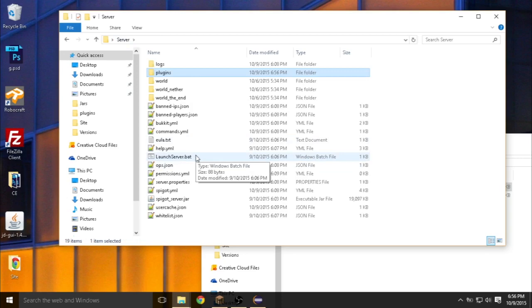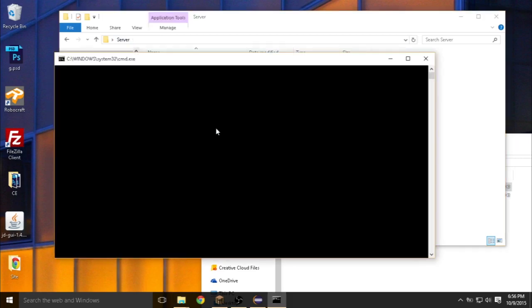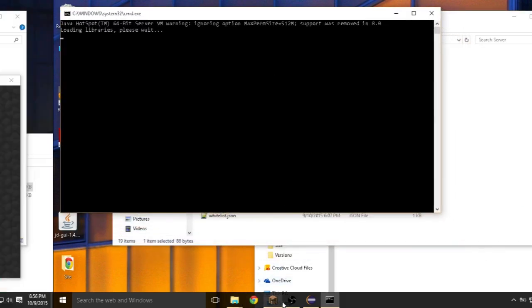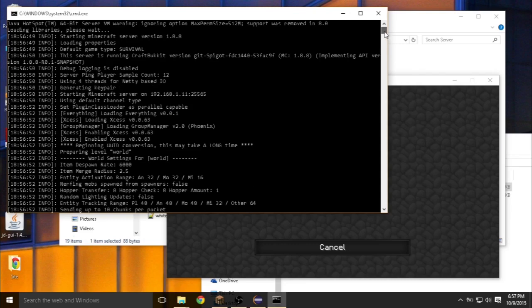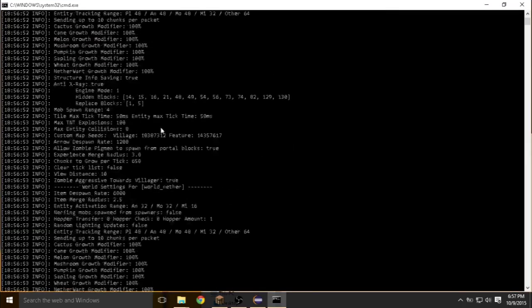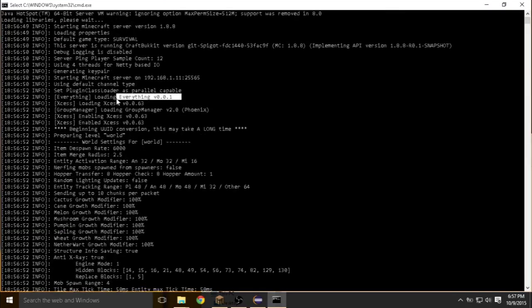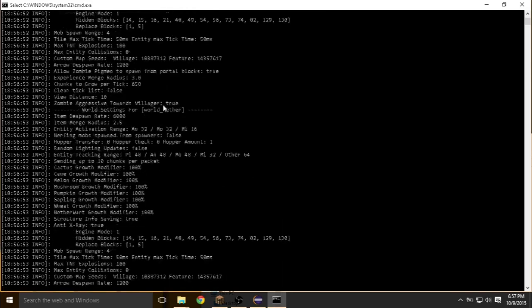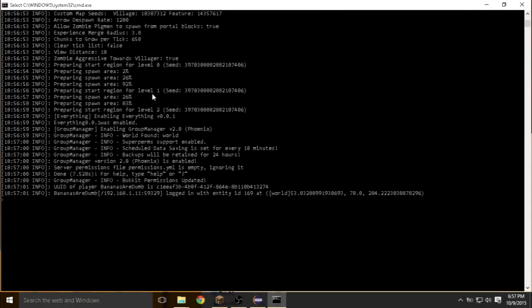And also, now what you want to do is go ahead and launch up your server. As we've seen, where's it at? Right there. Let me highlight it for you. Right here you see everything version 1.0.0. So loading everything is what it's saying. We can't really change that up there, but what we did change is, if you see down here, this is what we changed. Everything was the prefix, enabling everything version